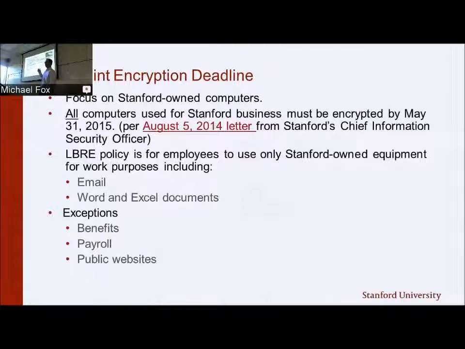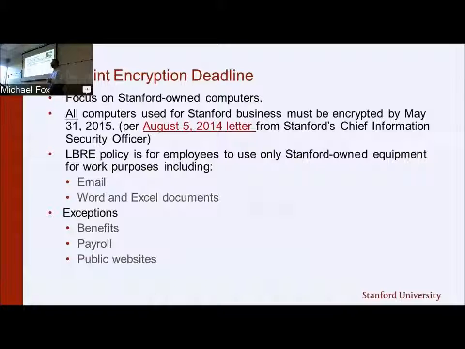A key implication of this is that for any of you who have a personal computer at home that you're used to checking your email on, or you occasionally bring home a USB flash drive in order to update a spreadsheet or a Word document, or maybe you use Stanford's Box.com service and log into that from home in order to download a presentation that you were working on and continue working on it on your home computer. Anytime you do Stanford Business like that on your home computer, it's now in scope for this encryption mandate. And it must be verifiably encrypted, has to satisfy all of the same requirements as the rest of our Stanford-owned